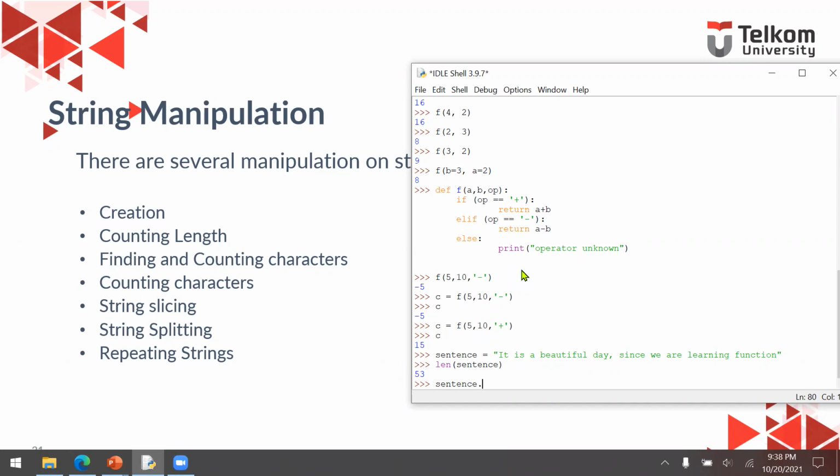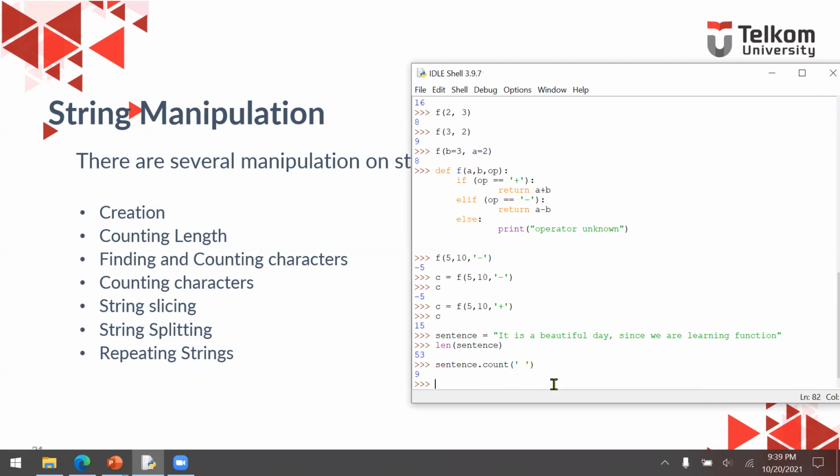Remember, we're going to use a method. So we're going to use dot in here. Sentence dot and then count. And then space, because we're going to count how many spaces inside this sentence. It says 9. Is it true? 1, 2, 3, 4, 5, 6, 7, 8, and 9. So that's correct. We have 9 spaces.